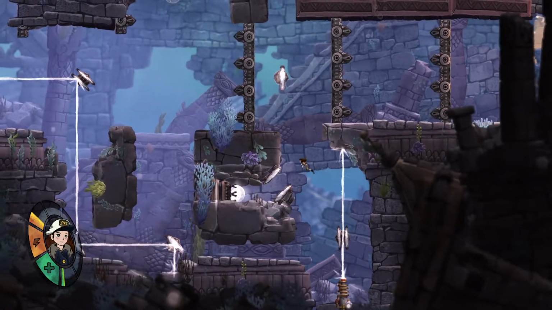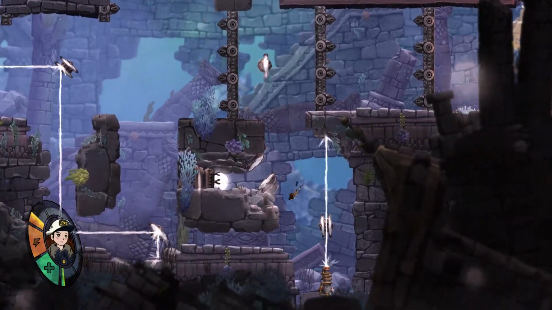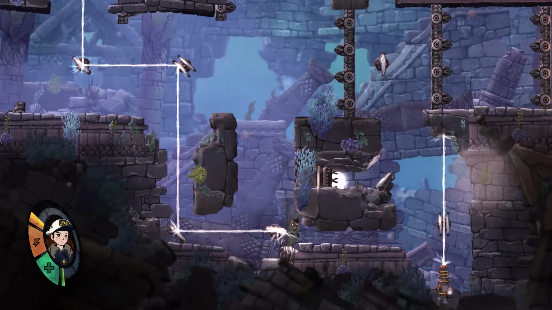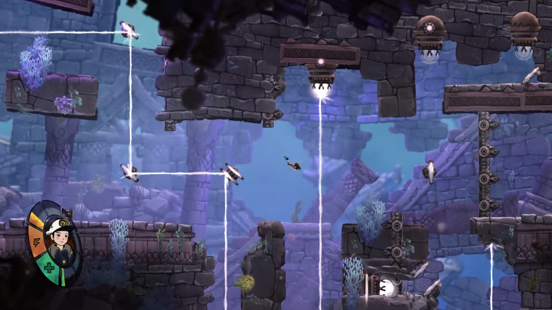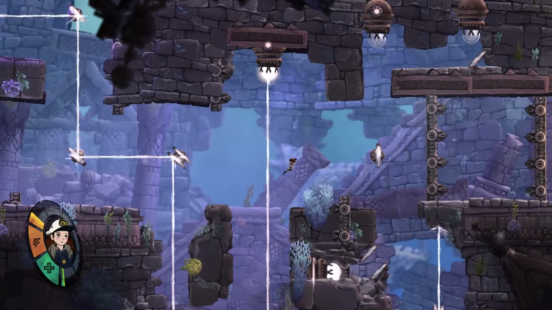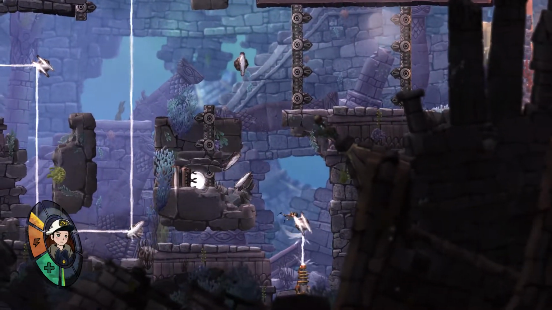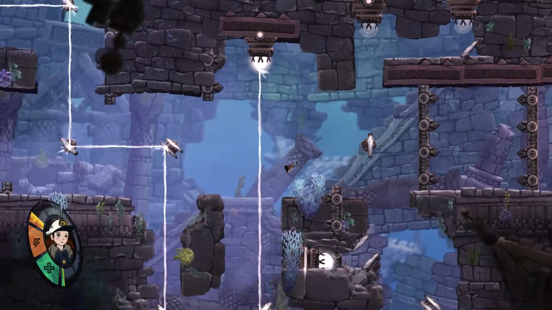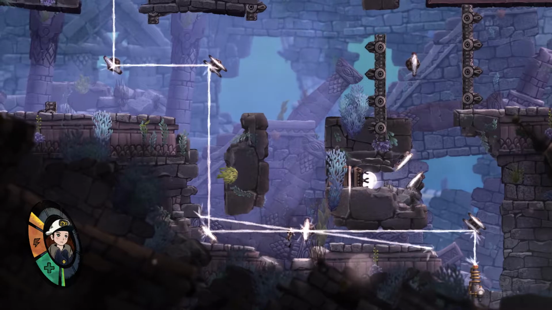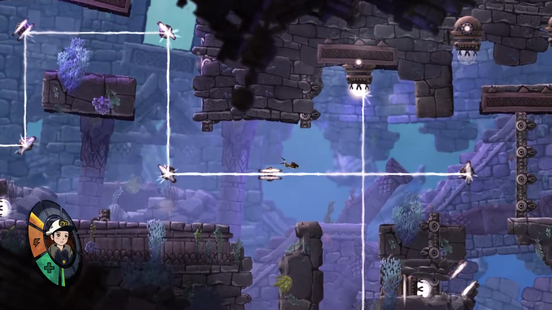There we go. And that opened up that wall over there. So now we want this beam to open that back up. Or wait, did I do that right? No, I did that wrong. What we wanted, we want this beam now to shoot this wall open again. So we want that open, so now this one can go horizontal